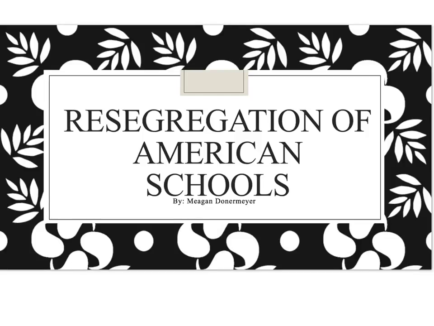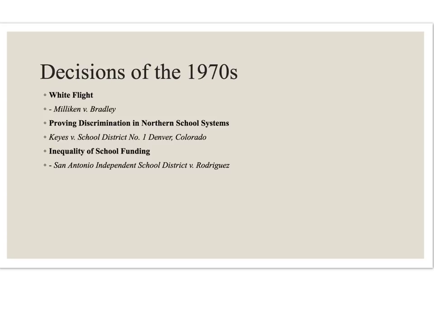This week we will talk about resegregation of American schools. During the 1970s, key decisions were made regarding desegregation efforts. A key issue was white flight, which was white people moving to the suburbs while black people stayed in inner cities. A key case that hindered the desegregation process and encouraged white flight was Milliken versus Bradley, which ruled against